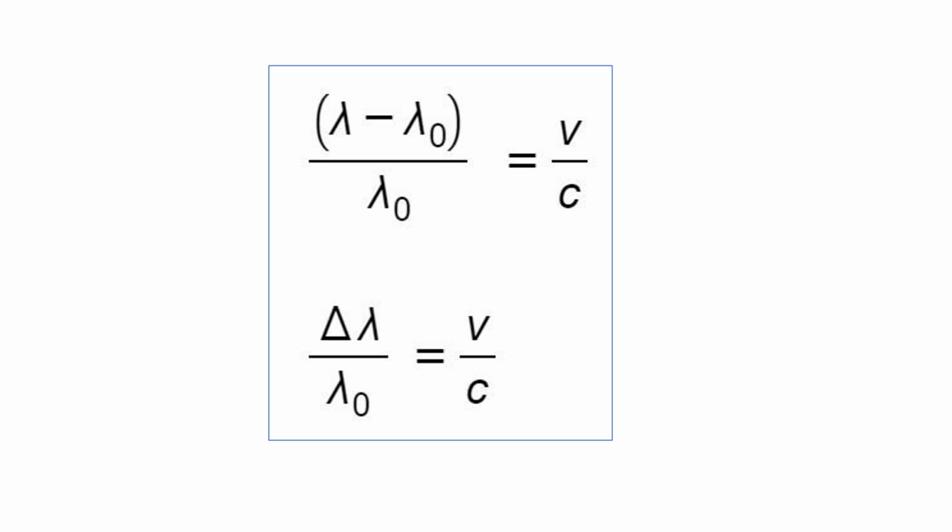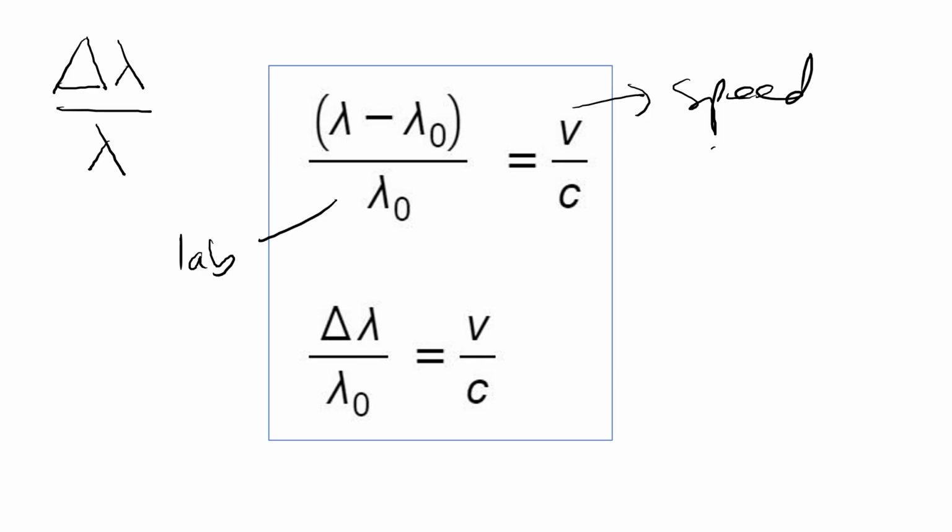Now we have these equations, and these equations are about the speed of the galaxy. If you look at the top, this is the change in the wavelength. At the top, you have the change in the wavelength divided by the wavelength in the lab. This is the one in the lab, and here you're doing the difference. And this is the speed of the galaxy,